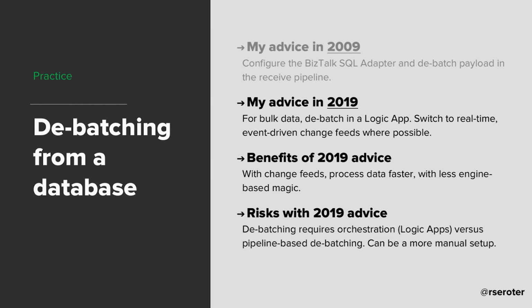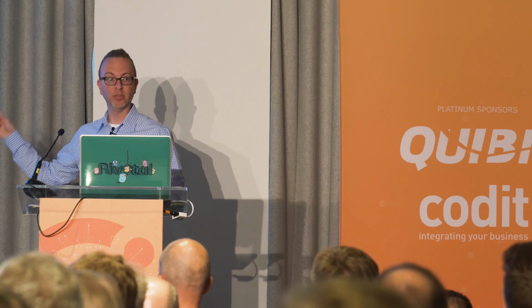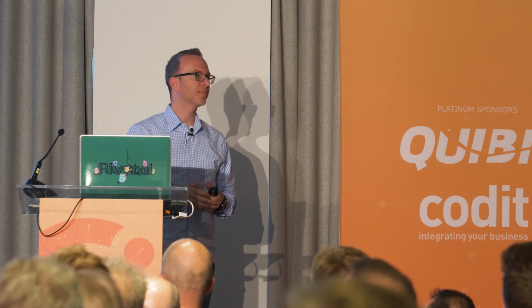So, all right, risks of that. I have to actually use orchestration to debatch. I can't just rely on a really fast pipeline to zip through my thing and emit everything, which was very convenient and is very convenient today. So I got to actually pay a cost to inflate an orchestration. And this can be a little more manual just to configure all these steps with change feeds and hooking everything up. So I think more powerful to be able to just process data real time. But again, you're going to potentially have a more complex solution than you did before.